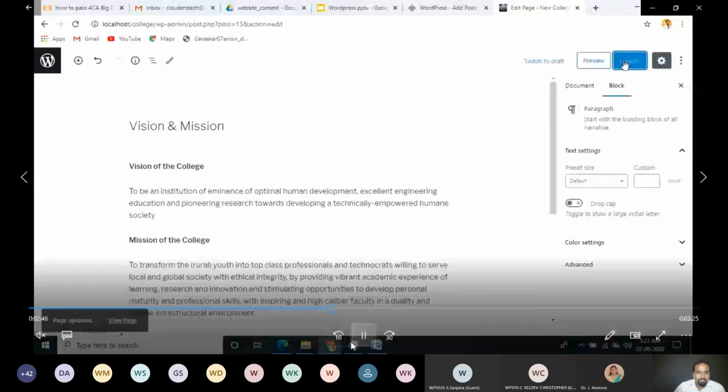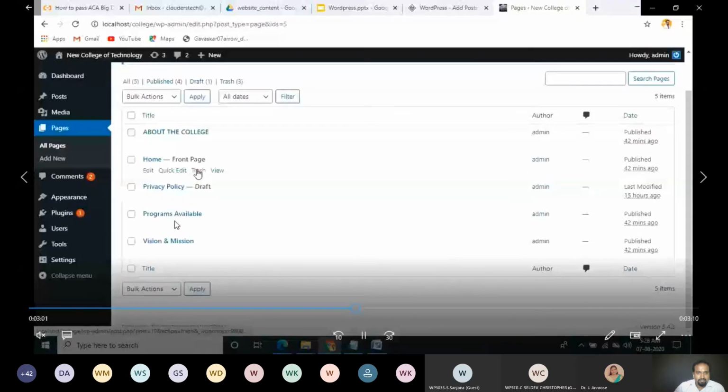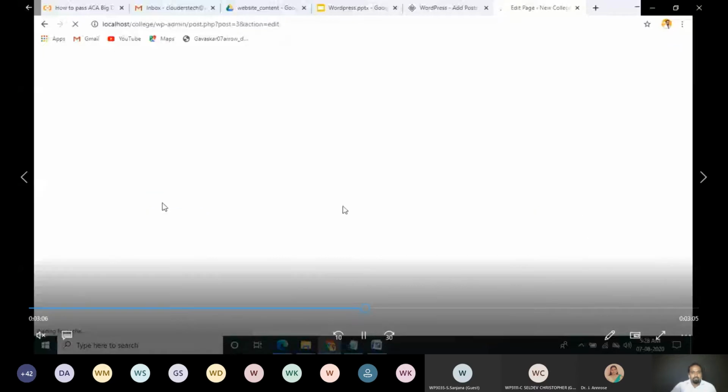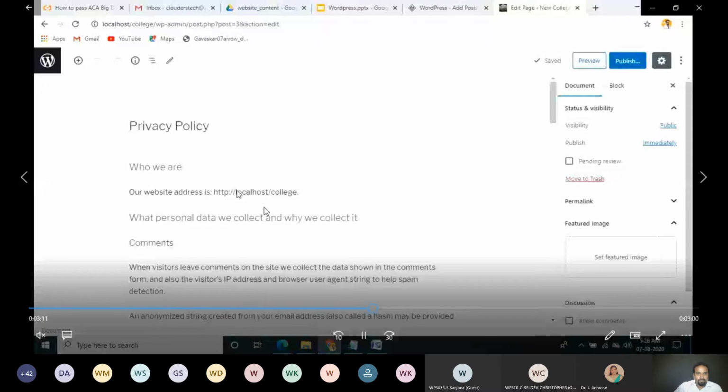If it's not needed, you can delete that page. I move this to trash. So now the pages are ready. In my web page, only 4 pages are there. Now what? Now we have to edit this also.